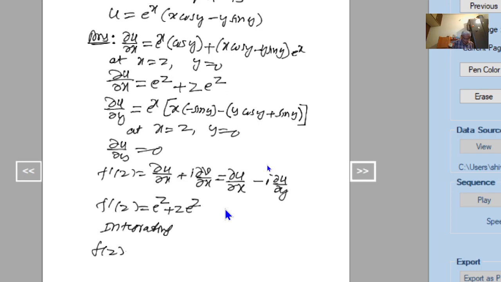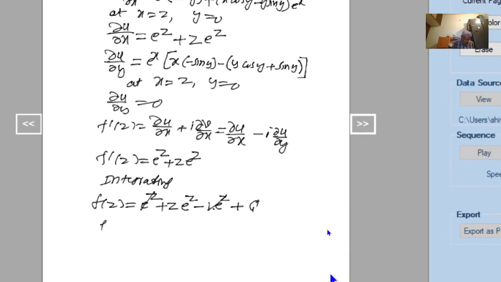Integrating, we get f of z is equal to e raised to z, integration is e raised to z itself, plus. So integrating this one, we have to use the integration by parts, taking z as the first function, e raised to z as the second function, and we can use the general rule here. First function z, integration of second is e raised to z, next minus sign, derivative of z is 1 into integration of the second, e power of z integration e power of z. Then we have to write plus and we have to write the derivative of this 1. That becomes 0 and the next terms all become zeros. That is, this is the last term, plus a constant quantity c. Now here this e raised to z minus e raised to z gets cancelled. Therefore, f of z is equal to z into e raised to z plus c is the required